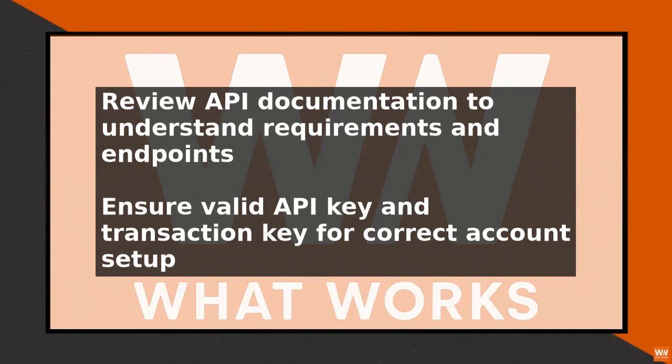To troubleshoot the Authorize.Net REST API, start by reviewing the API documentation and guides to understand the requirements and endpoints. Ensure you have a valid API key and transaction key, and that your account is set up correctly. Next, verify that your API request is properly formatted, including the correct HTTP method, headers, and payload. Check that your request is being sent to the correct endpoint URL and that you are using the correct API